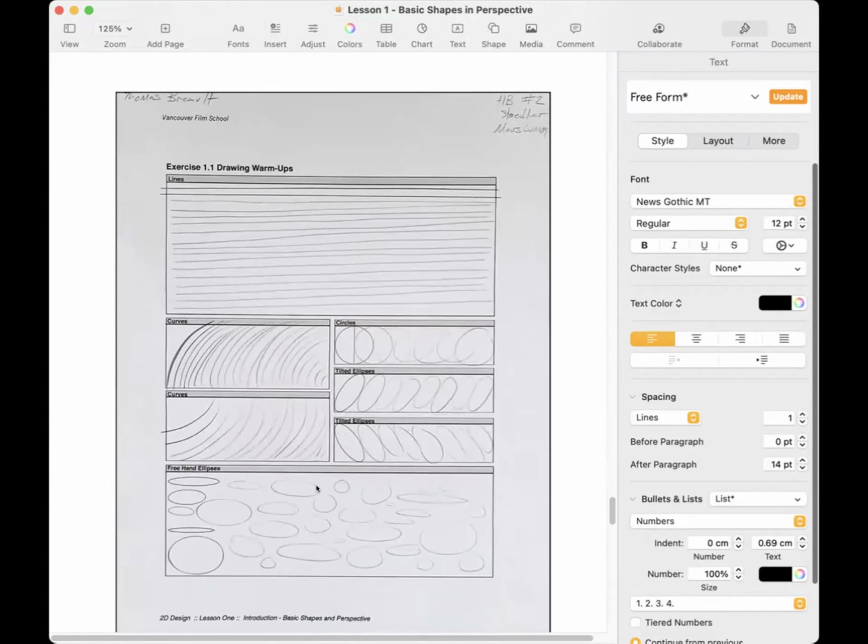This is what a finished warm-up sheet looks like, or some version thereof. You can make your own, you can print this off and fill it in. Doesn't make any difference to me. This is, did you do it? Did you not do it? What does doing it look like in an acceptable version?